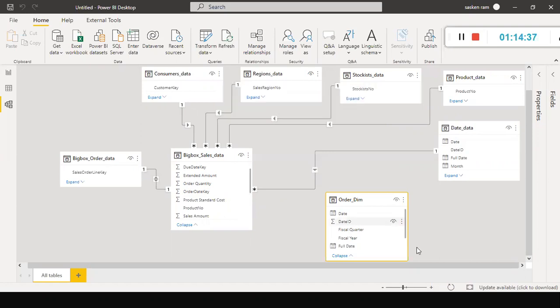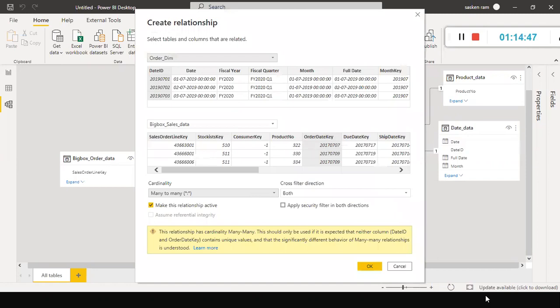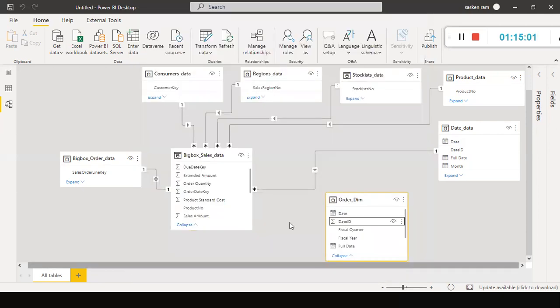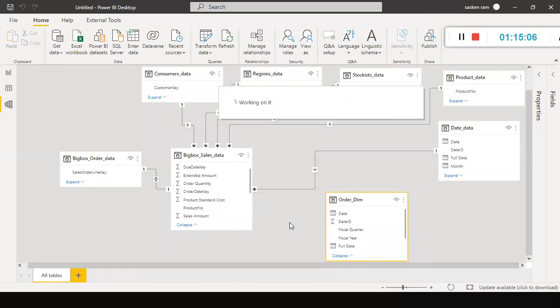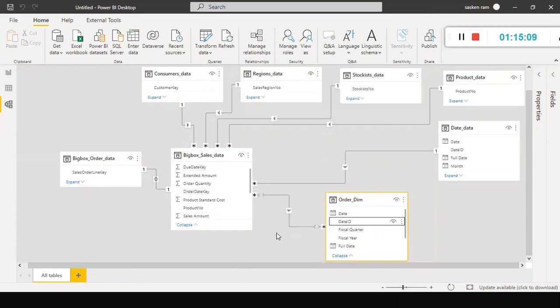So what I can do is create this table with order date key. It's not a many to many, right? Now it got created. Why is it showing many to many?